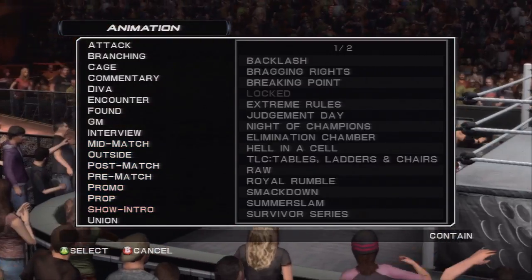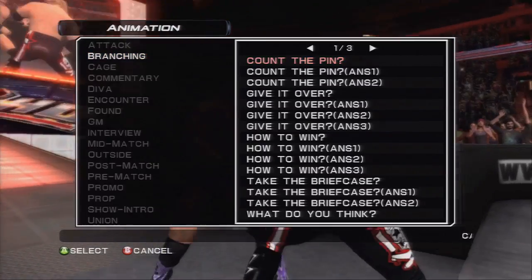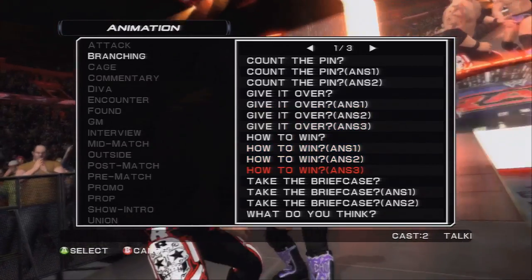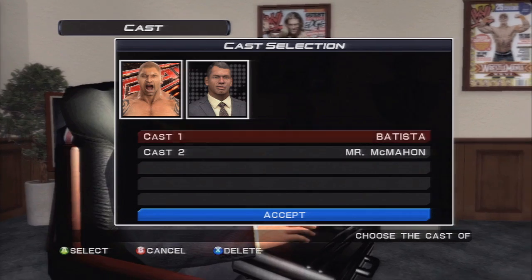What exactly are we going to show the fans here? What kind of story are we creating? The Story Designer is all about creating your own storyline, right? And you take that and you post it online for people to download and play through. So the story that we're creating this time for this example is we're taking our created superstar that we just made,